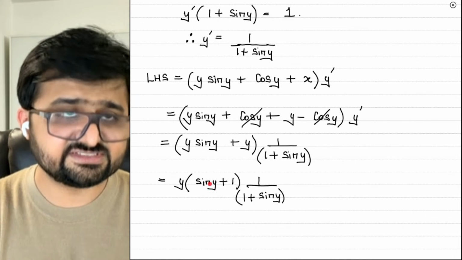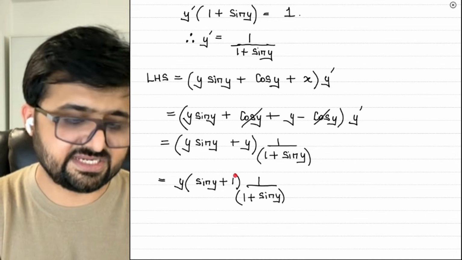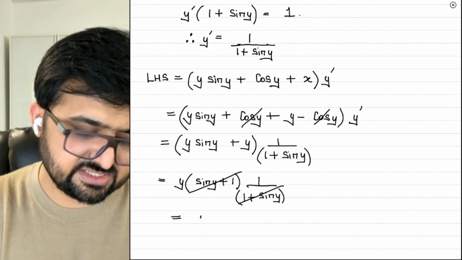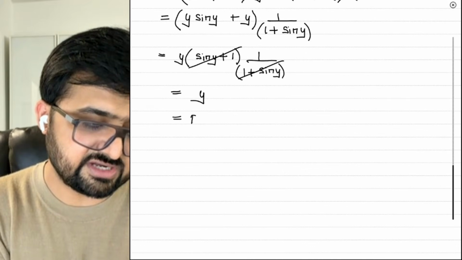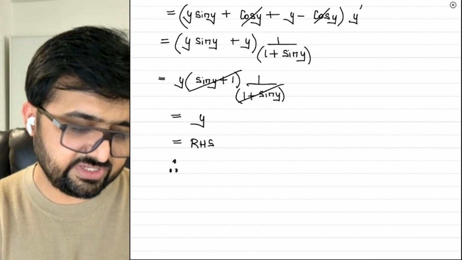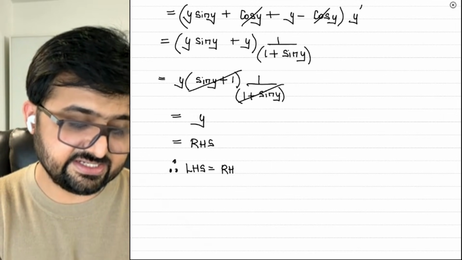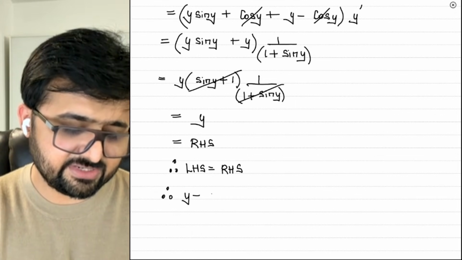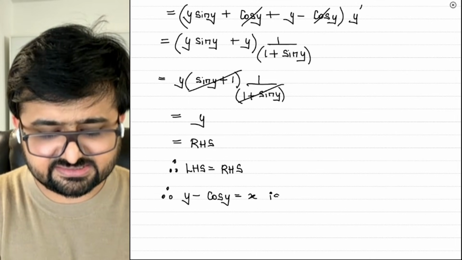Now, if you notice this numerator and denominator, 1 plus sine y and 1 plus sine y, they can get cancelled. Okay, now that is giving you y, which is nothing but your right hand side. Therefore, we can say left hand side is equal to right hand side, and therefore we can say y minus cos y is equal to x is a solution